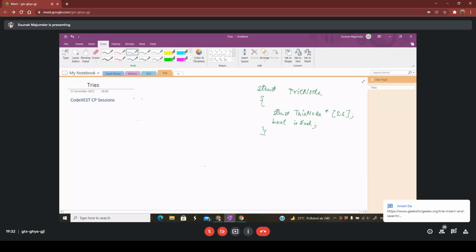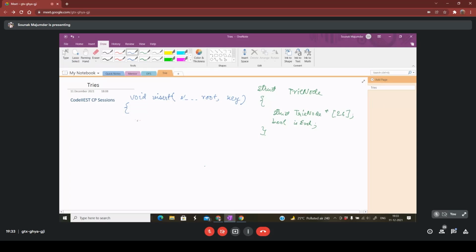So let's say insertion. What are the two things that we need here? We need the root and the string, obviously, which we are inserting. So struct trie, I'm not writing that, root, and the string, which is, let's say, key.